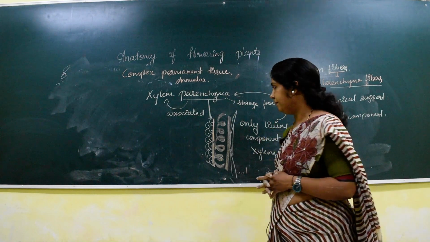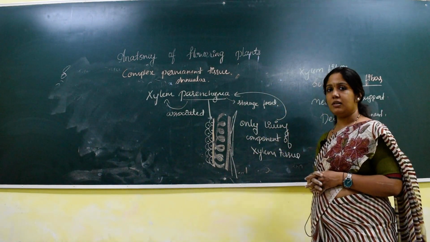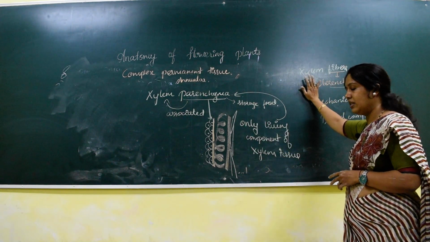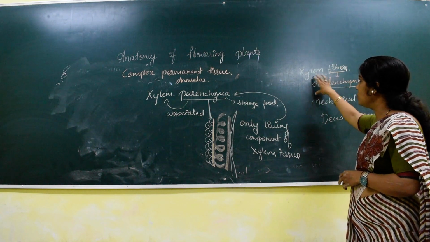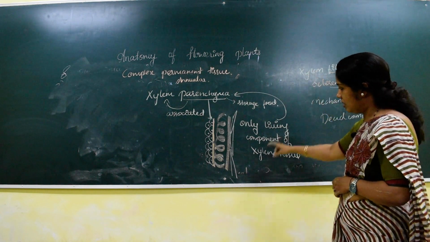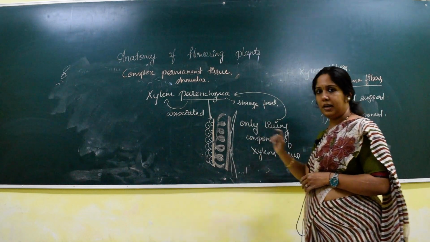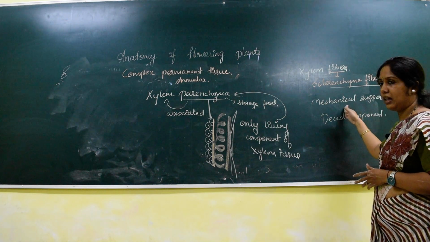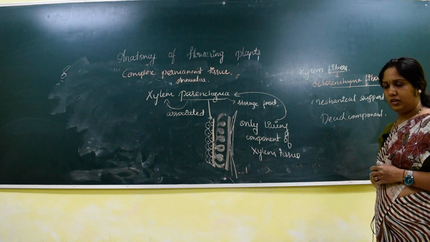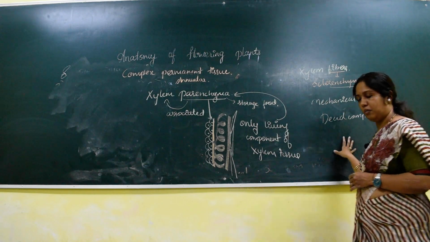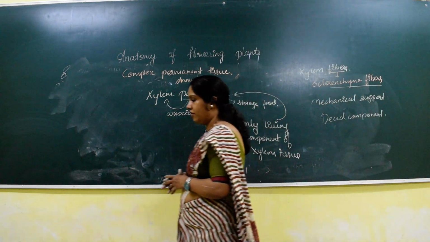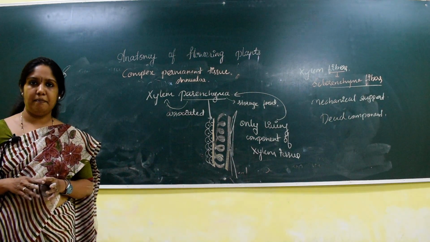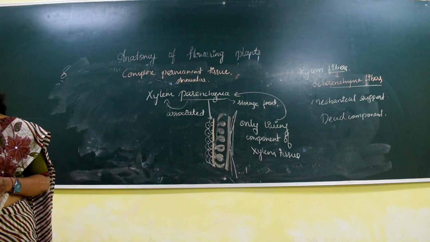of the xylem. Next, moving on to the xylem fibers: the sclerenchyma fibers which are closely associated with the xylem. These are the fibers with tapering ends. What is the main function of the sclerenchyma fibers? They provide mechanical support due to lignification, and they are also a dead component. So all three components of the xylem are dead, and the only living component is the xylem parenchyma. So that is about the vessels.